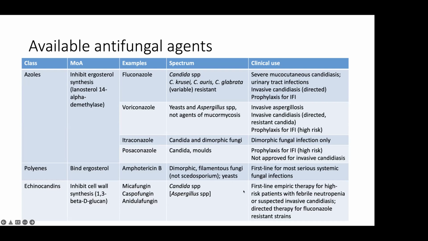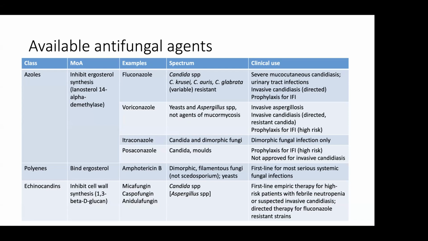They have broad spectrum of activity against almost all fungi, and it is a first-line therapy for almost all infections, although limited by toxicity. And echinocandins also inhibit cell wall synthesis, this time by binding to beta-D-glucan. And they have excellent activity against Candida species, with some in vitro activity against Aspergillus, and in some cases could even be considered for prophylaxis in high-risk patients who can't tolerate voriconazole, for example, but really for treatments of invasive